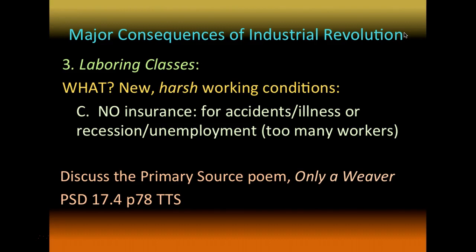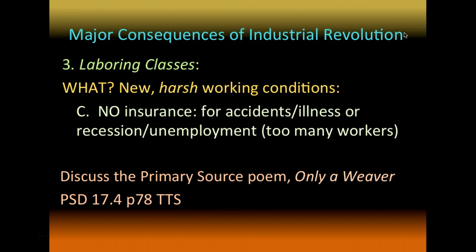And there's no insurance. So if a mine collapsed, if a machine took off a toe or took your finger, or you stabbed yourself, or whatever it was, for accidents in the job or outside, or illness, or if there was a recession and unemployment because of too many workers, there was no insurance. So you didn't get any money, there was no welfare, and people literally were starving on the street and dying on the street, could not feed their families, and that's it. It was just based on the workers and how many workers there were.